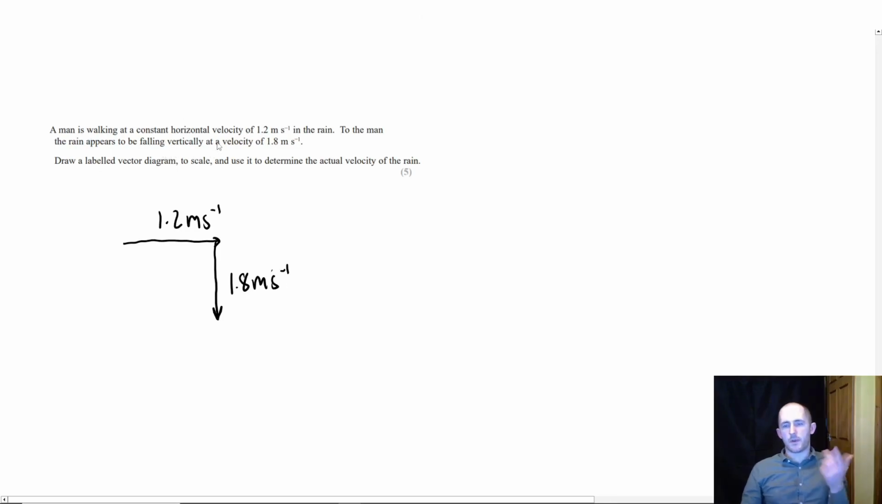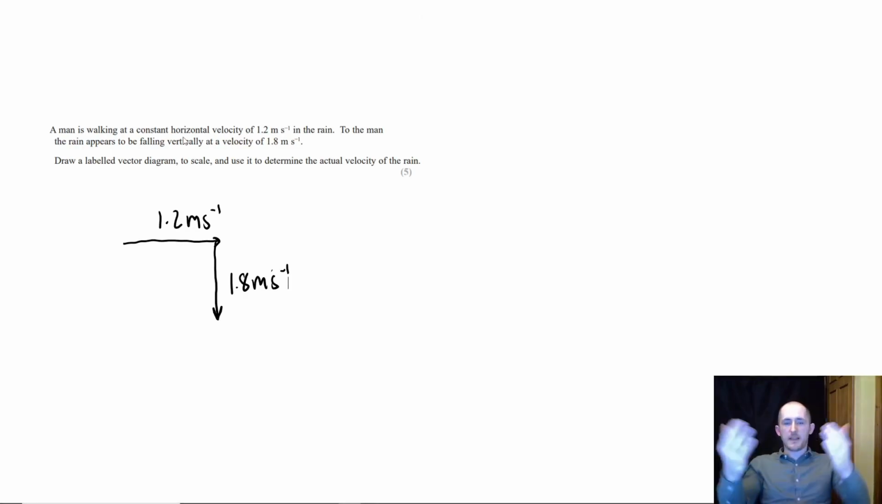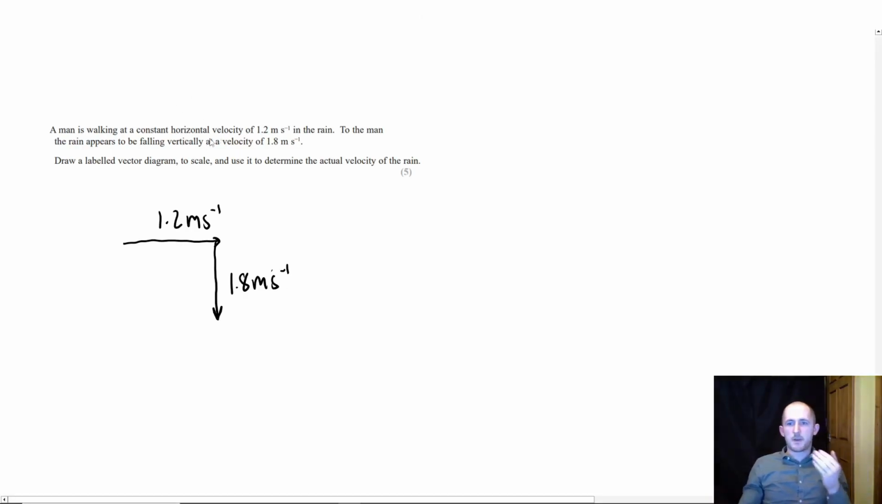Now, here's the thing. The reason why this question is a bit weird and it's worth 5 marks is it takes a little bit of thinking, because when you're walking in the rain, it doesn't actually appear to be falling straight down. Right? It appears to be falling towards you. If you think about rain, if it's falling straight down, your face should never get wet, only your head. But as we all know, if we're walking, the rain hits us in the face. That's because we're walking into it,